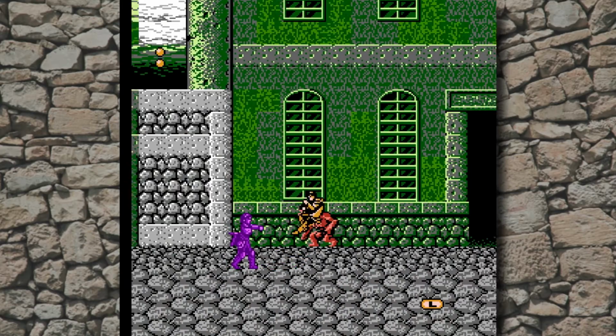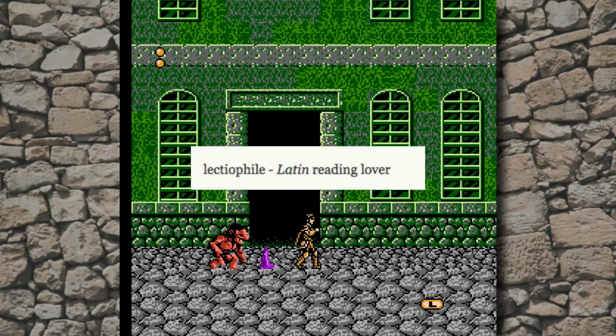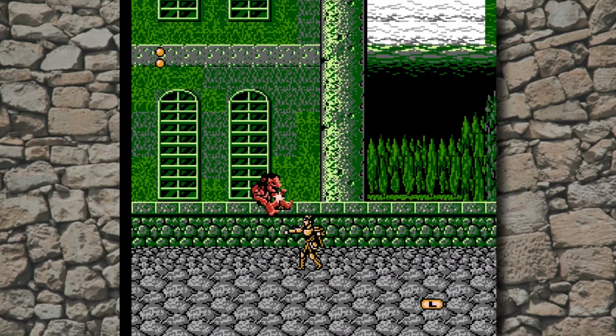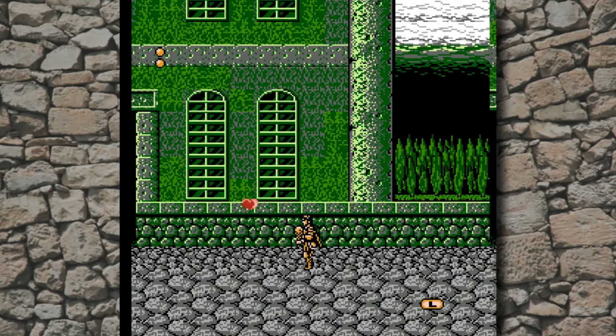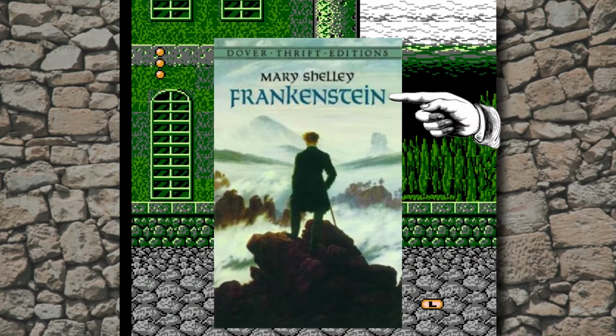It's a lot of fun to see if the enemies will drop a weapon or an item you can use. Unfortunately, if you're a lectiophile. Okay, well, that's weird. That's what it says. Then you will be disappointed to learn that this game refers to the monster as Frankenstein